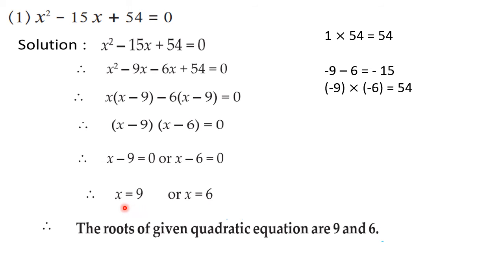You know that if alpha and beta are the roots of the equation, then the equation is given by x square minus (alpha plus beta) x plus alpha beta is equal to 0. That means you have to add the two roots and then multiply by x, that is your middle term, and multiply the two roots and that will give you the third term. So you know that also. The question can be asked in MCQs also. Either you have to find the roots or the roots will be given and you have to find the equation. Let us see one more sum here.